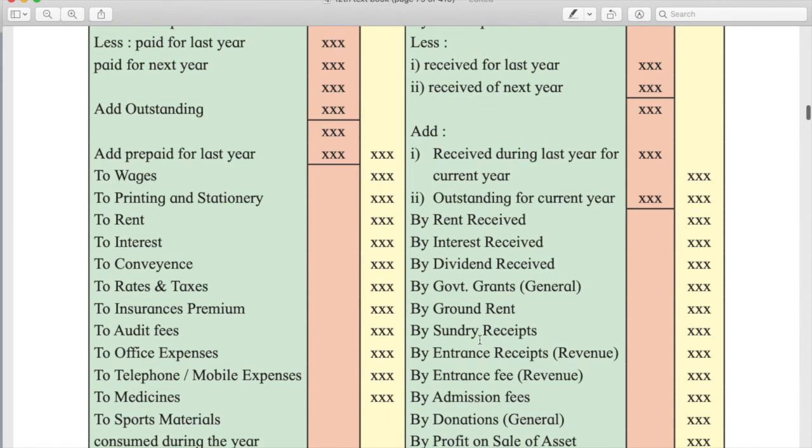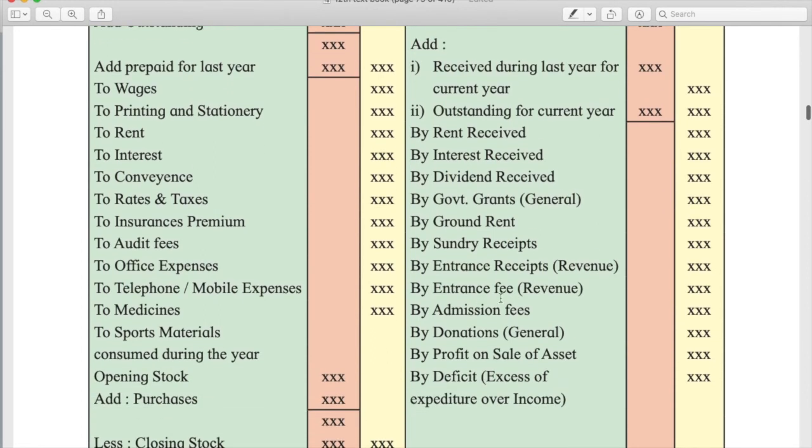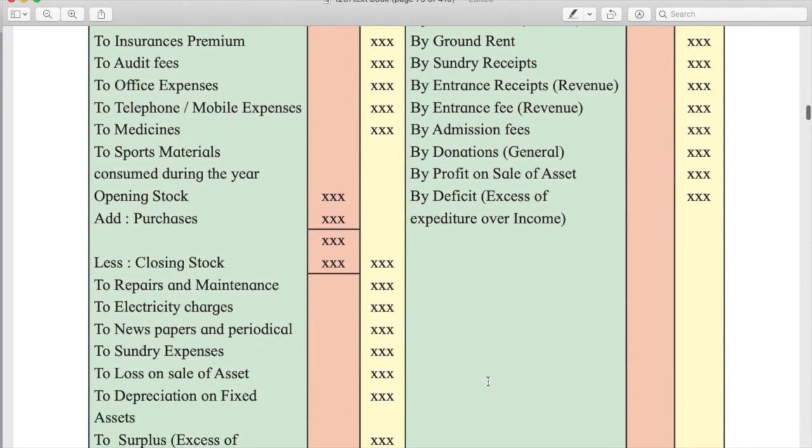Then other incomes like rent received, interest received, dividend received, government grant which is general, ground rent, sundry receipts, entrance receipts, that is revenue. Okay, same way, below you have entrance fee also given, admission fee, donation if it is general, then profit on sale of asset. Now once you close this account,